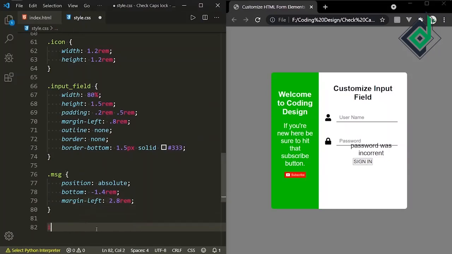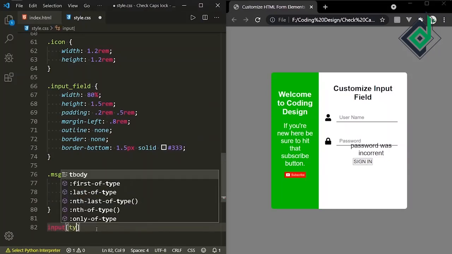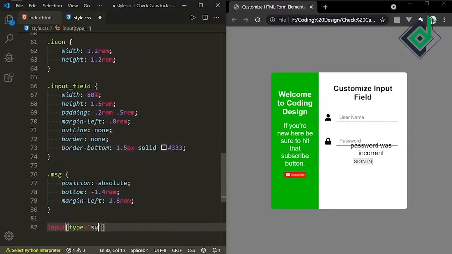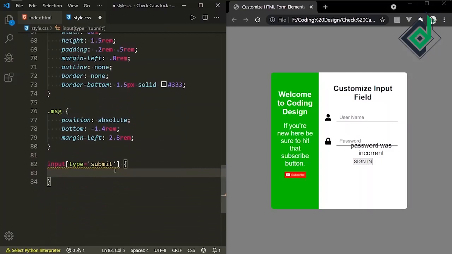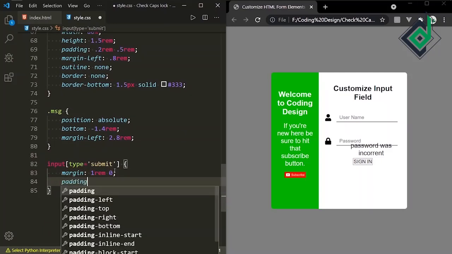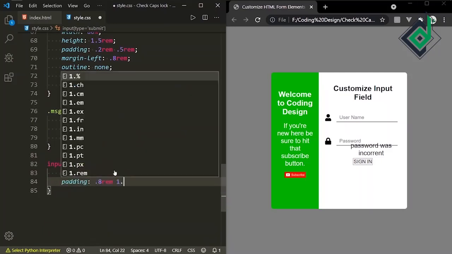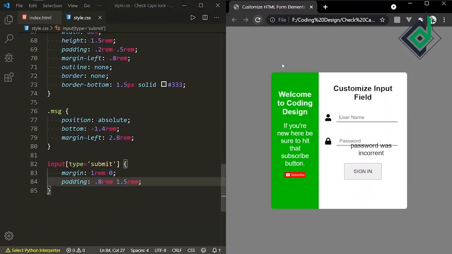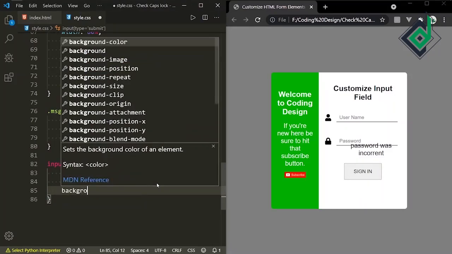Similarly, now let's style the sign in button. So for the sign in button, I'm giving margin from top to bottom 1 rem, left to right 0. For the padding, I'm setting 0.8 rem for top to bottom, and from left to right 1.5 rem. Similarly, let's give the background color for the button.